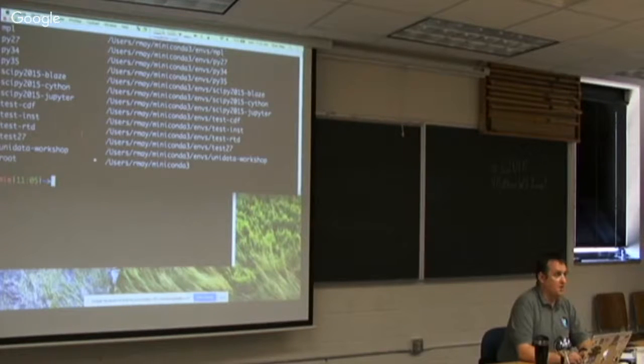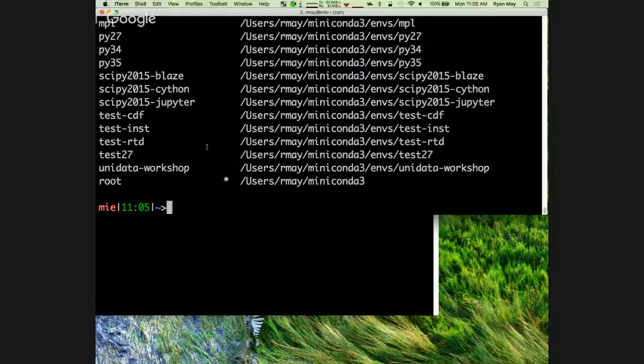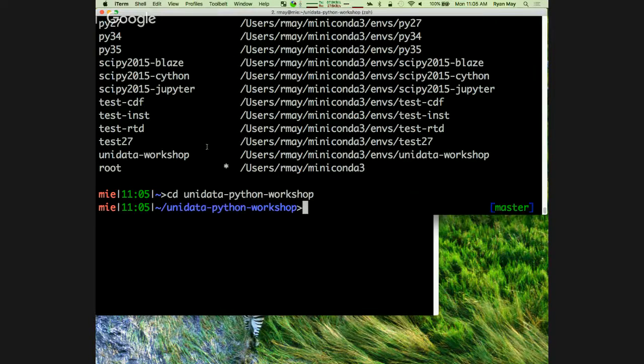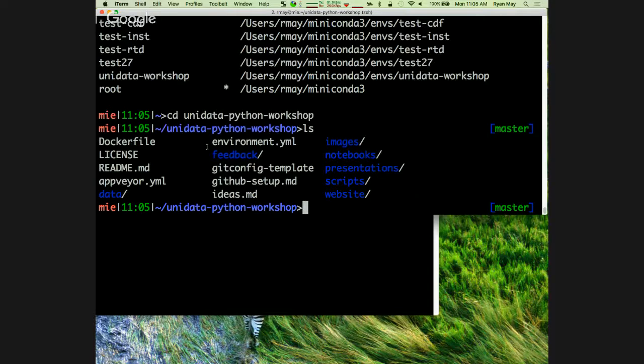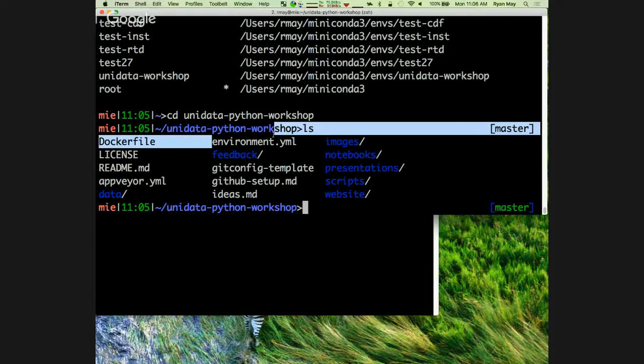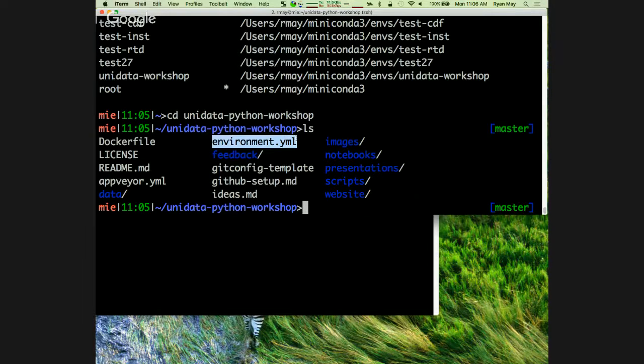So earlier we did that check out the clone of the Unidata Workshop materials. So now I want to circle back around to that and actually make use of that. So if you cd into the Unidata Python Workshop directory, I want to draw your attention to this file, environment.yml.